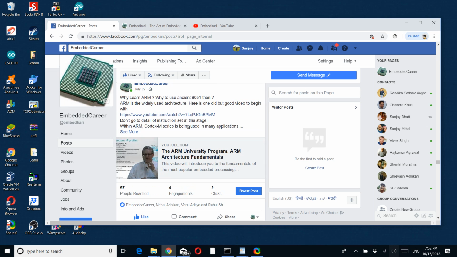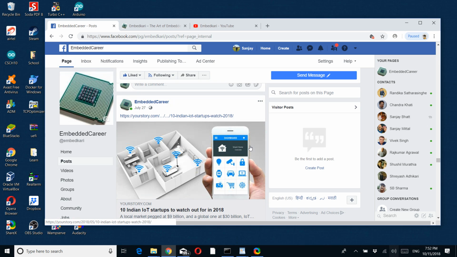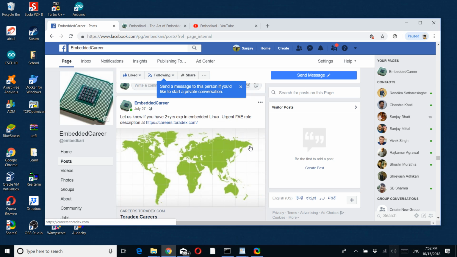And ARM specific things: we know that ARM is already a widely accepted core in the industry, and there are a lot of opportunities based on ARM. So this is the ARM specific, and this is the top IoT startups in India, and this is the job